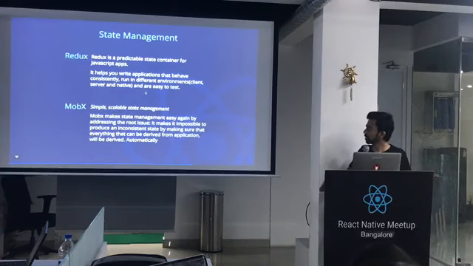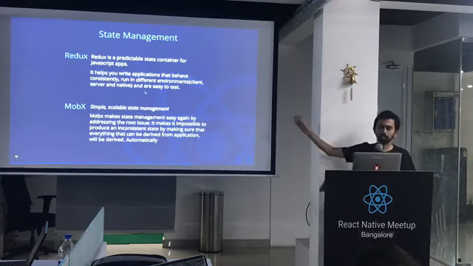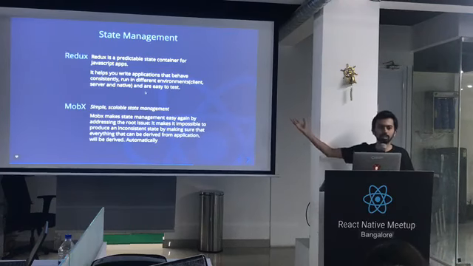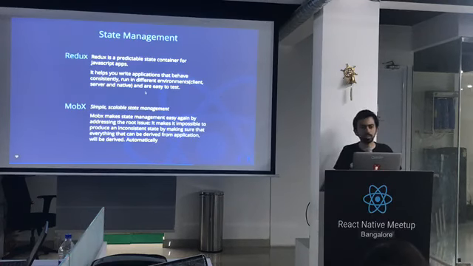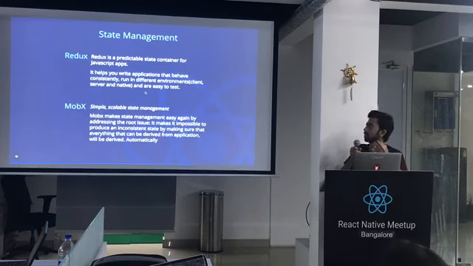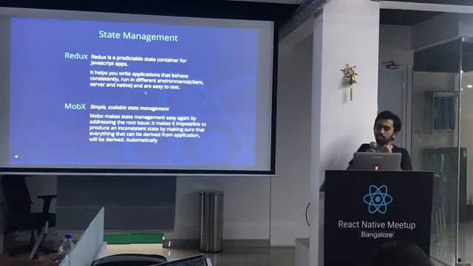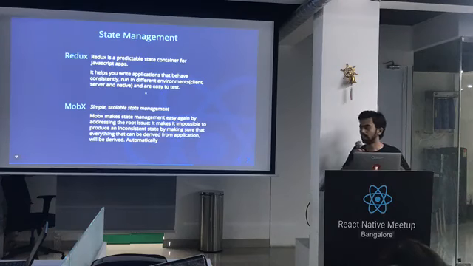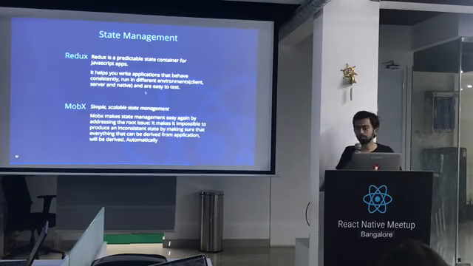So we have Redux, which is a predictable state container. What I like most about Redux is that it's very easy to debug. It keeps the state separate from your components and works totally based on actions.